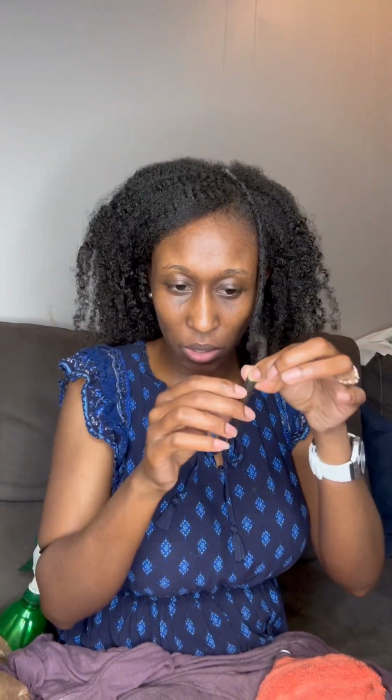Okay, so I'm cutting off this last little tip, about maybe an inch or inch and a half of hair. I just go ahead and cut that off. Because what I learned through the whole entire process is that